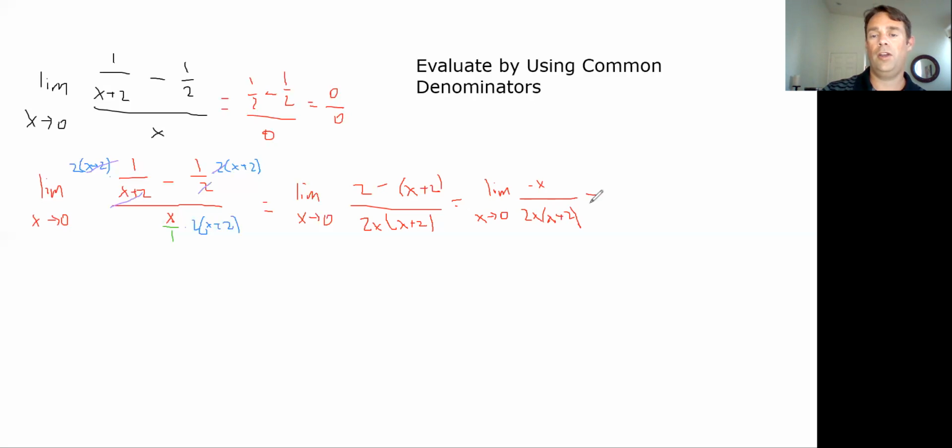So our x's are going to drop. And I have x approaches 0. I'm left with a negative 1 on top, and on the bottom, I have a 2 times x plus 2. And that's because our x's